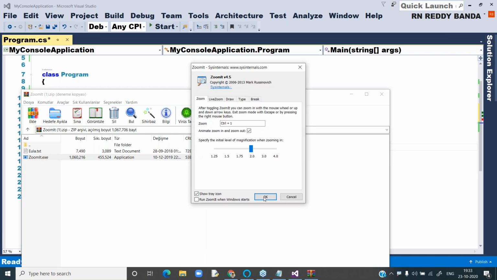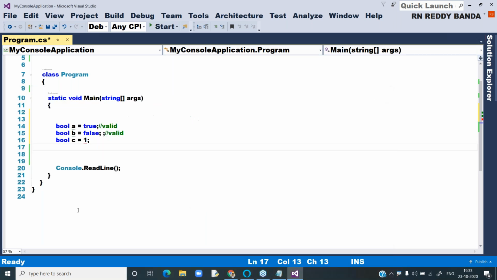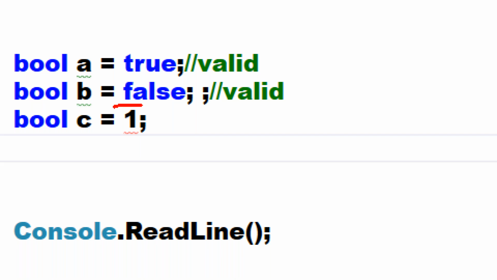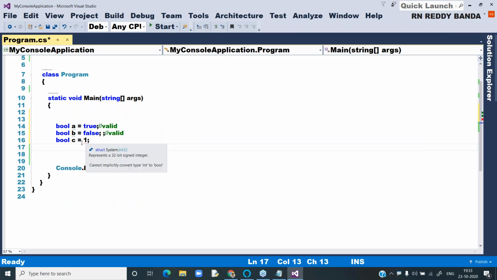One bit, simple. Why one bit? True means one, false means zero, right? Like this. Next, the base type of bool is